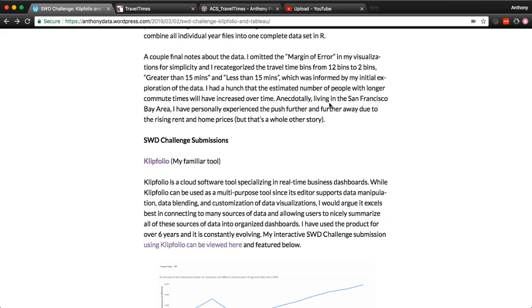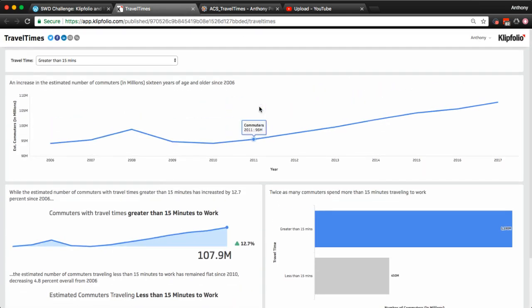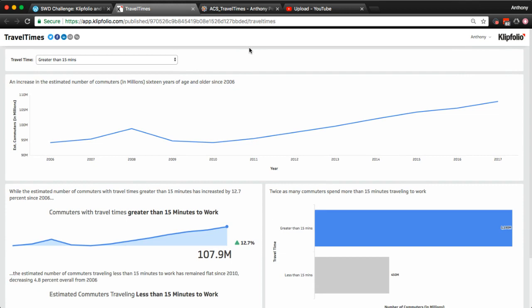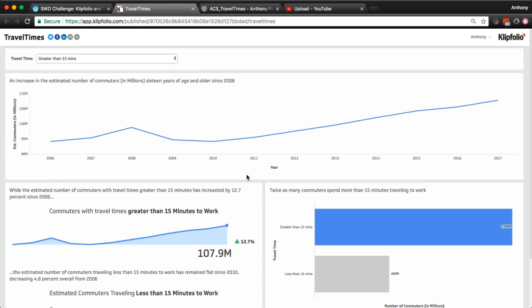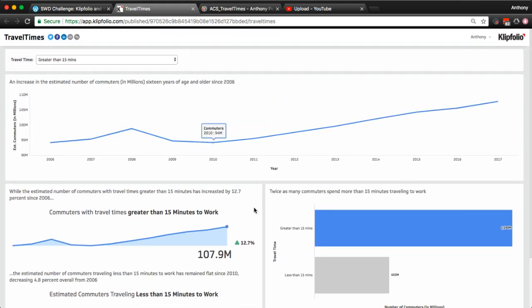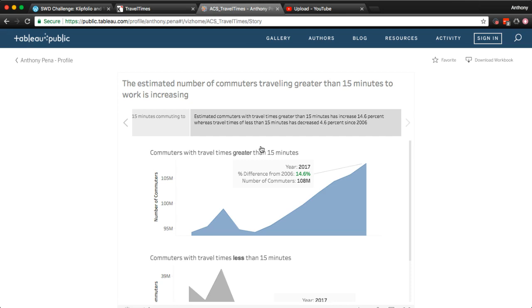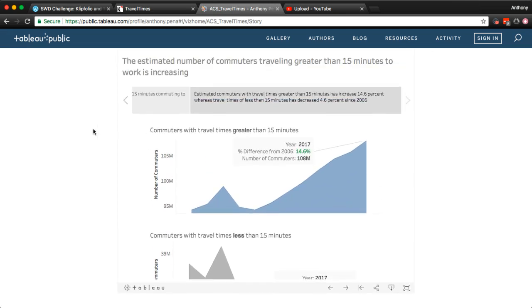And then finally, there's the explanatory aspect of being able to communicate a very particular message, where I think Klipfolio falls short. There is no stories aspect to this product. This is the best I was able to come up with, just thinking about how charts are arranged, adding text, helper text, and annotations, but you're limited much more so than you are in a tool like Tableau. So I think this is really where Tableau shines. And again,